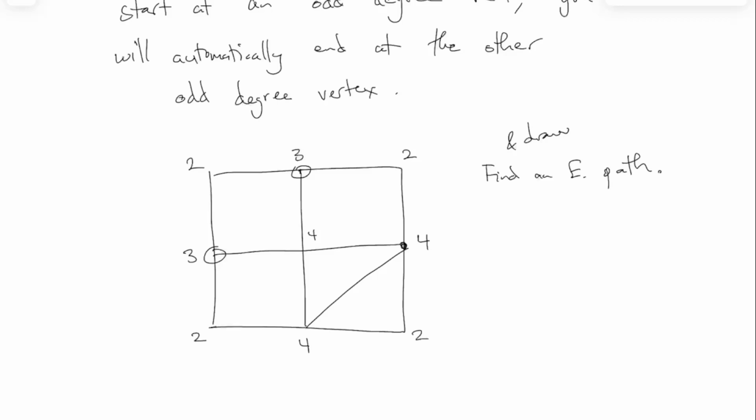So you must start at one of the odds. This is really the only difference when it comes to path versus circuit. You must start at one of the odds, and then if you do everything properly,